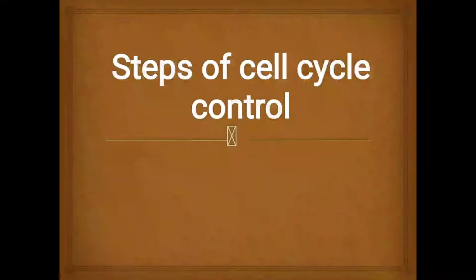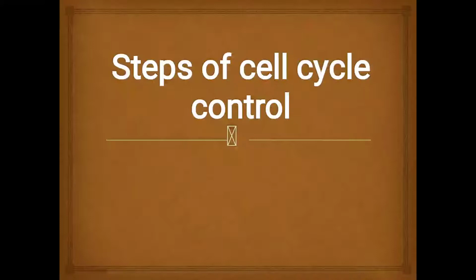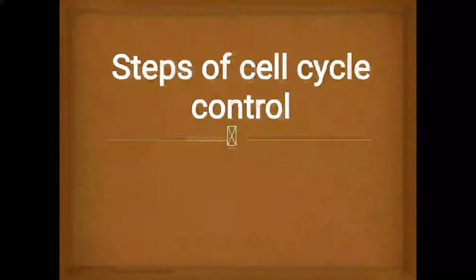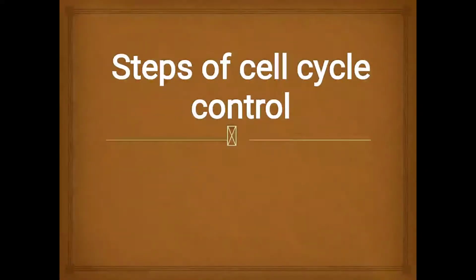Next are the steps of cell cycle control. In this, we will see how we can control the cell cycle by the different types of cyclins, and how the different types of signals help in arresting the cell at a particular phase, the G1 phase, and do not give permission for that cell to proceed towards the next phase, that is the S phase, and what are the factors which help in transferring the cell from the G1